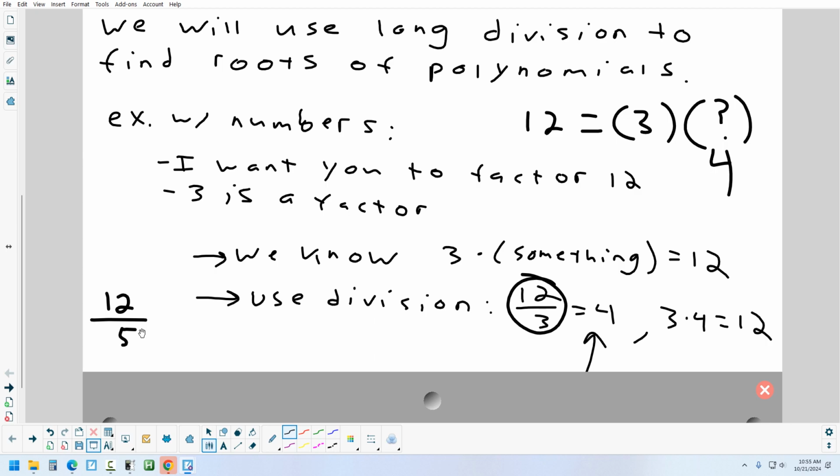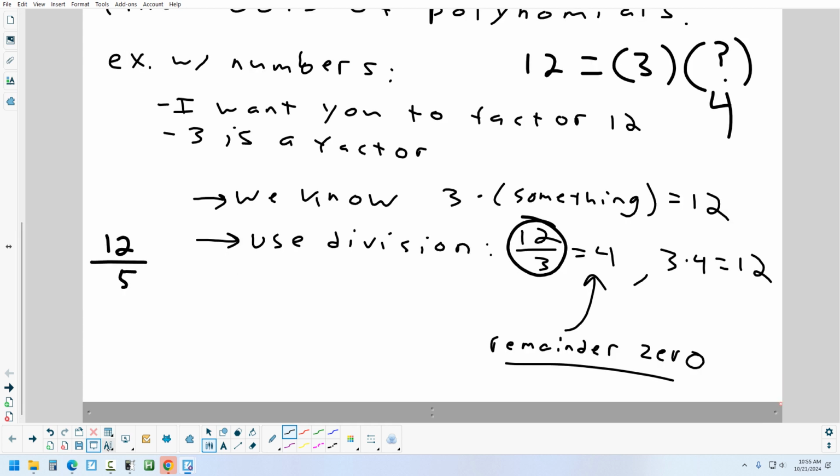So remainders, I'm going to learn a little more about it, but remainders are a quick way to figure out if one thing is a factor of another. Do you divide it in and get a remainder of 0? If so, then that thing you divided by is a factor. If not, it's not a factor. Right? So what we're going to do is, let's say that you had to factor this, x squared, and again,